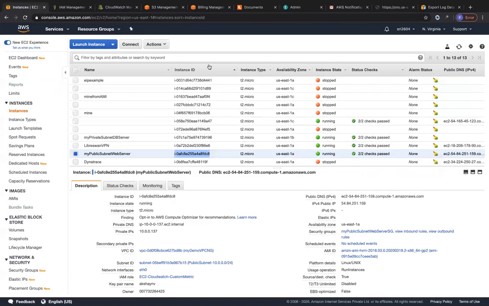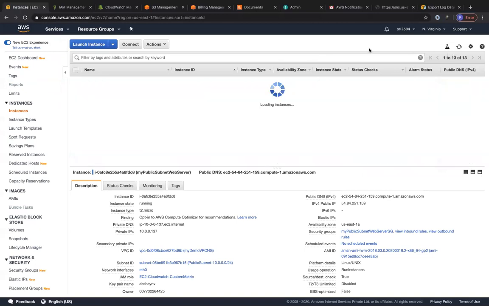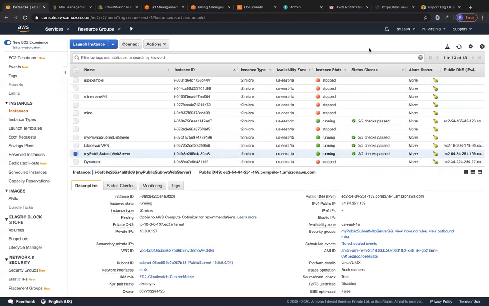First of all, you have to have an EC2 instance from where you want to send out that custom metric. You should have the CloudWatch logs agent installed, you have to have your AWS CLI already configured, and you should have an IAM role attached to the EC2 instance, or your IAM credentials, like your access key ID and secret access key, already specified within that EC2 instance. Let me first SSH into this EC2 instance.